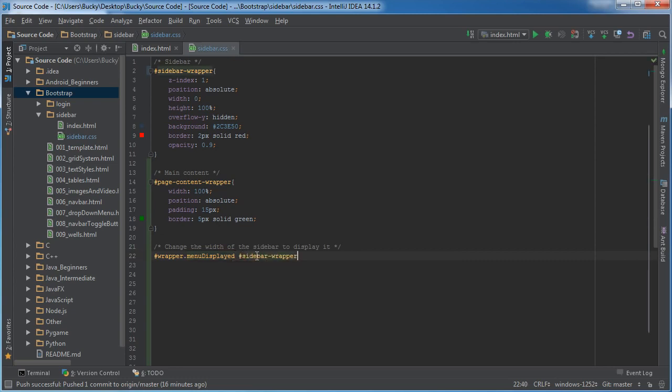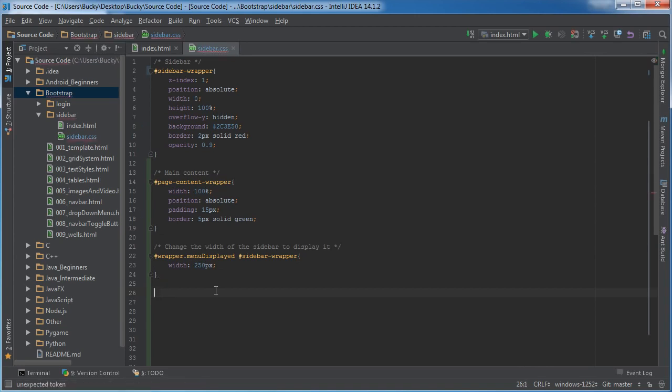Now for the sidebar wrapper, which is the side menu, all we need to do here to display the menu is give it a width. So right now it has a width of 0, and if we just give it a width of 250 pixels, then it's in the proper location already. It has all the settings and styling that it needs. Once we have width, it's going to display. Now like I said, the problem with this is it's going to be overlapping on top of our main content. So to fix that,